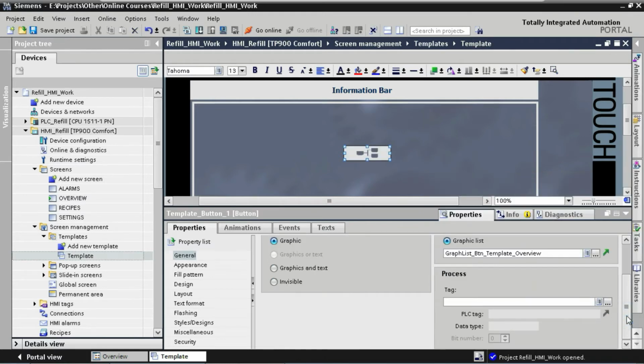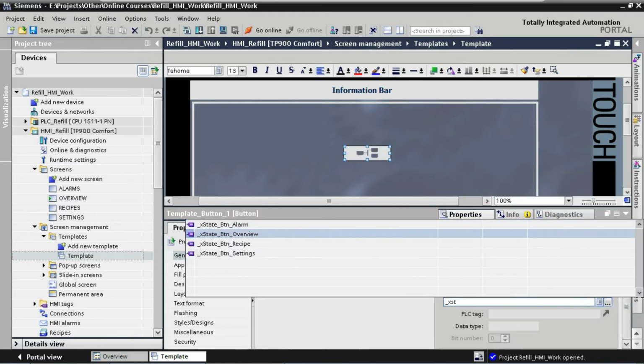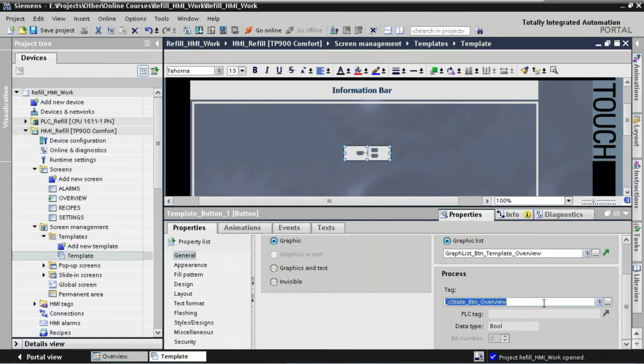And we select the corresponding tag. You can see that our button has taken over the 0 value or inactive graphic of our graphic list. Personally, I prefer not to use any text on buttons. If you visualize buttons with icons that are clear to the user, then you don't need to use any text